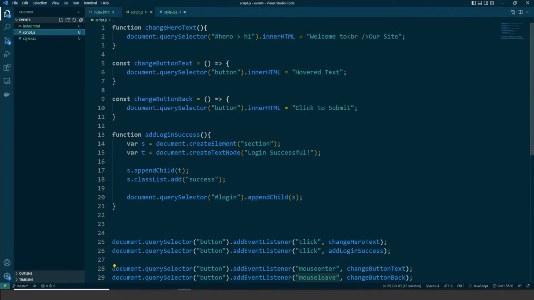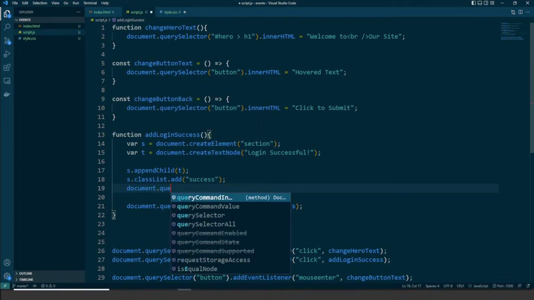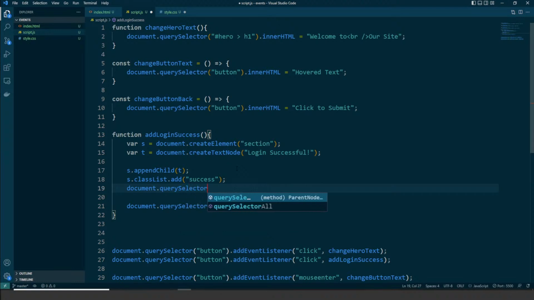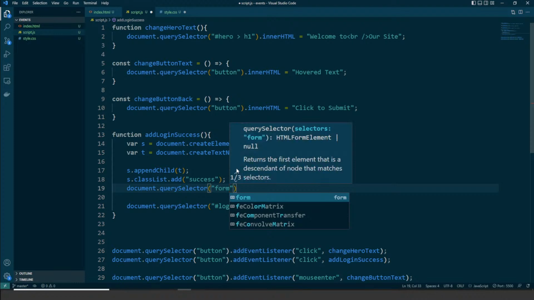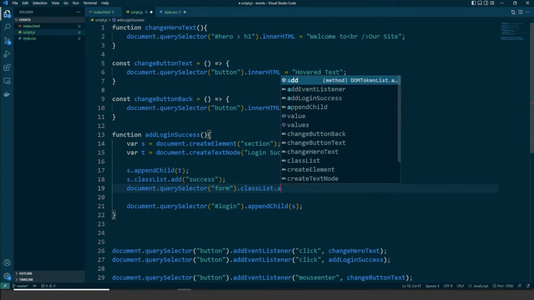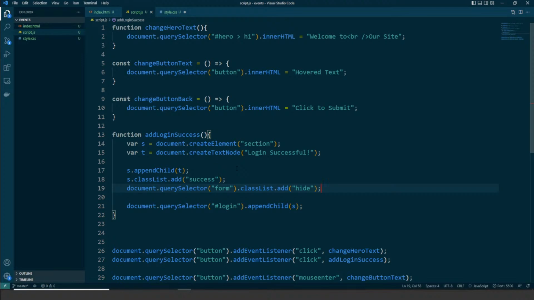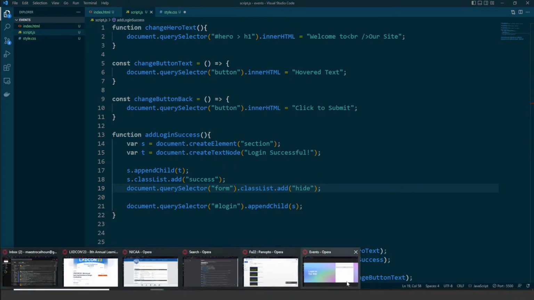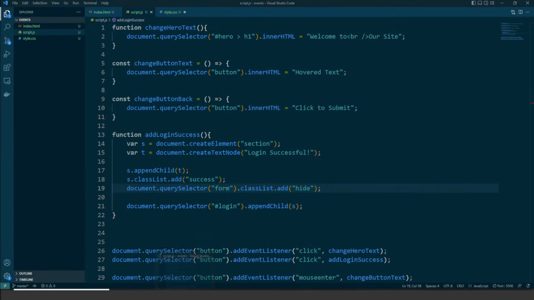So if I were to, in addition to showing this login successful message, add a document.querySelector form .classList.add hide to that, right? And then hypothetically, if we did that correctly,